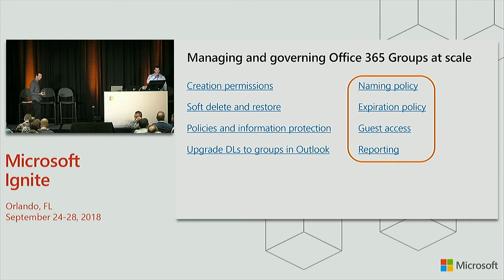Self-delete and restore, we've introduced already, I think 18 months ago, this mechanism that if a group gets deleted, either intentionally or unintentionally, you do have this safety net, where the groups can be fully restored within 30 days. And when I say fully, when you restore the group, obviously it restores the object in Azure Active Directory, but all the apps that group was used for are restored as well, whether it's Teams or SharePoint or Planner, the mailbox, et cetera, et cetera.